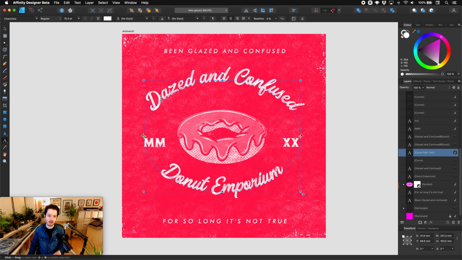So now I will do one other thing to adjust this text. So the top line, I quite like where it's placed. It's just on the outside of the circle, and the bottom line of text, I actually want to be more consistent with that. So I'm going to select all this text, and then I'm going to adjust the baseline of the text as well. So if I click on the little arrow, and I can then